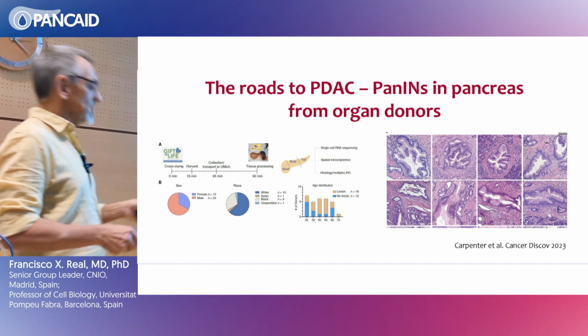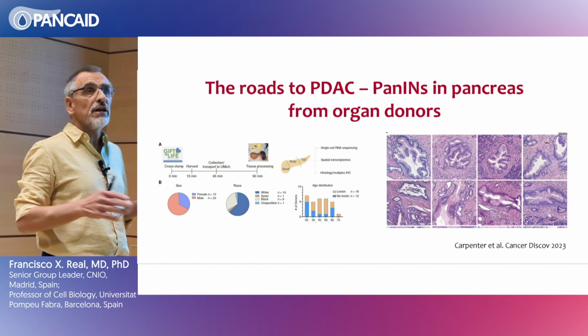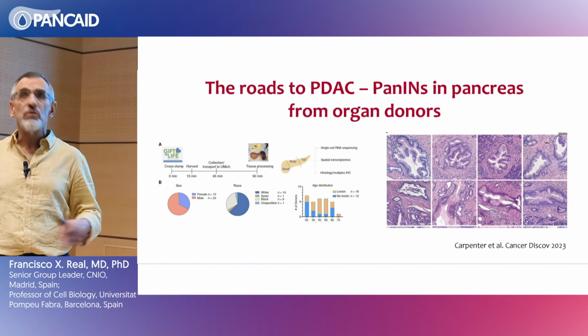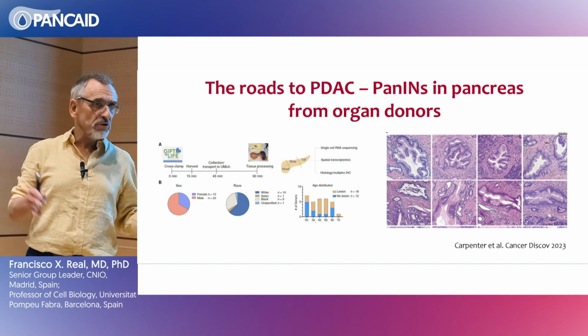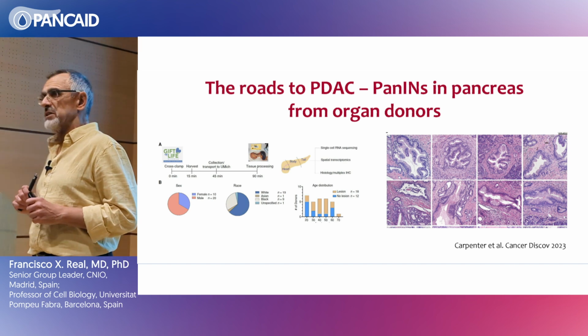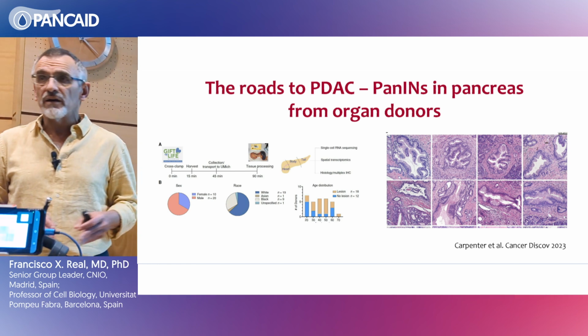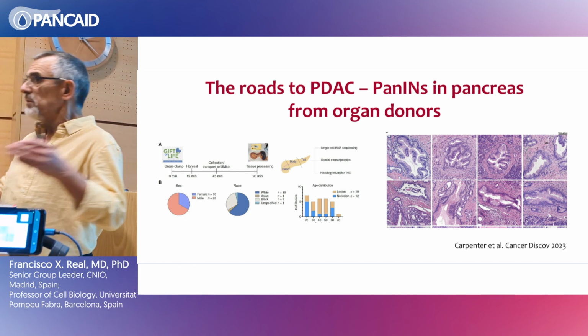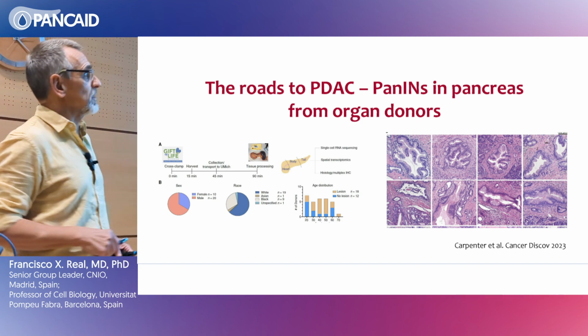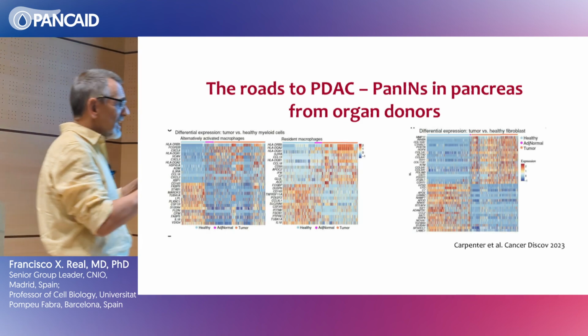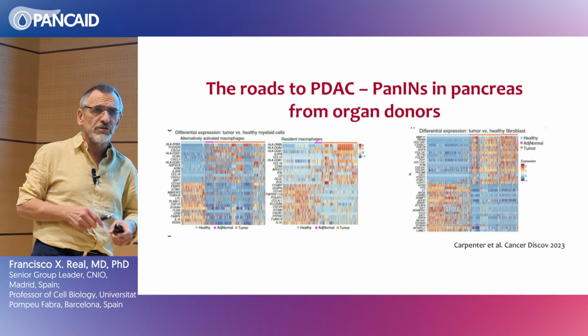And what they could say is that they could find panning lesions in all individuals, regardless of age. Of course, the frequency was higher, as Matthias had published a few years ago, and other people have done. The frequency of panels is higher in older people than in younger people, as one might expect. But the important thing, and I'm not summarizing this paper because it's published and you can go and look at it,